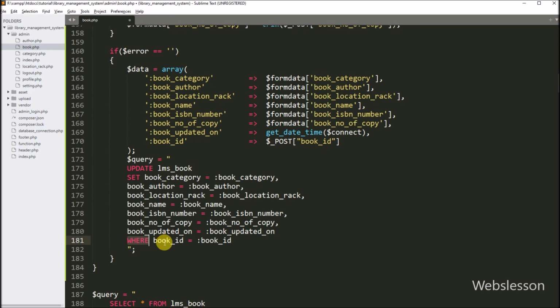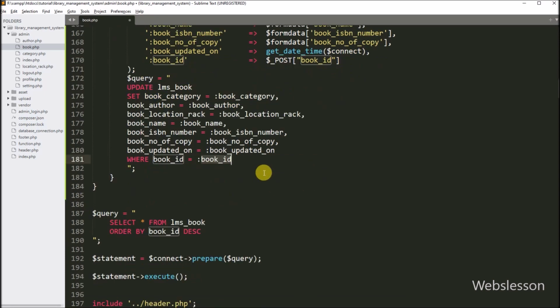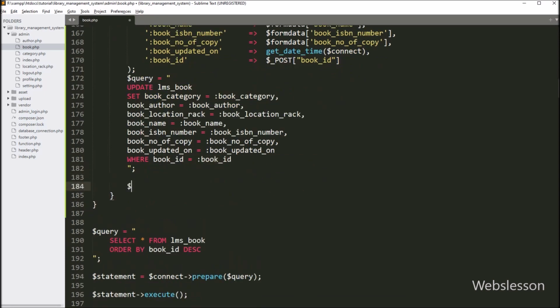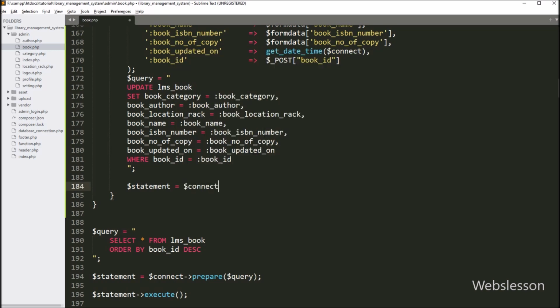And book updated on is equal to book updated on, and in the where condition, we have to write book id is equal to book id. Below this query, we have to write $statement variable is equal to $connect variable with prepare method, and under this method, we have to write $query variable, so it will prepare the query for execution.